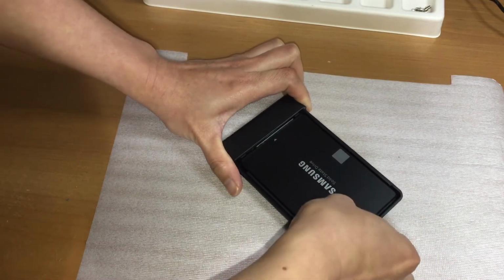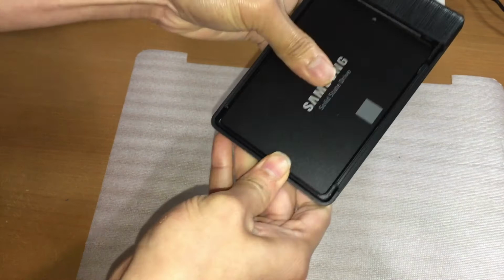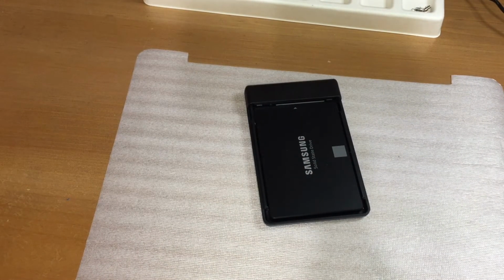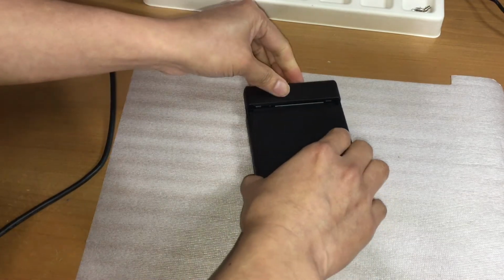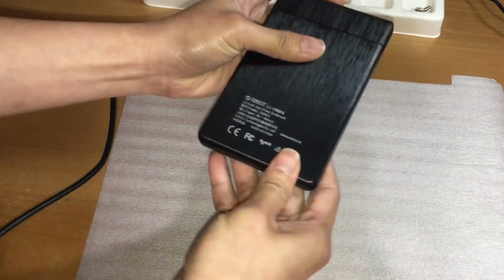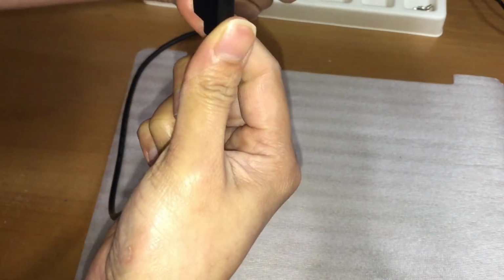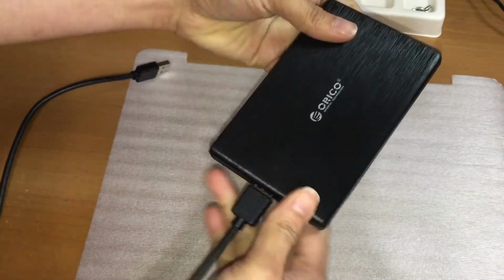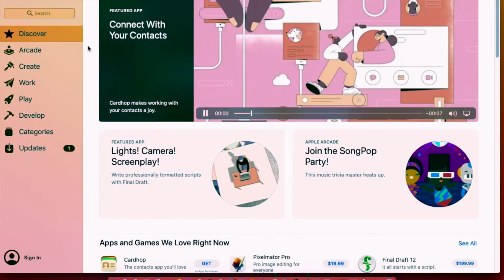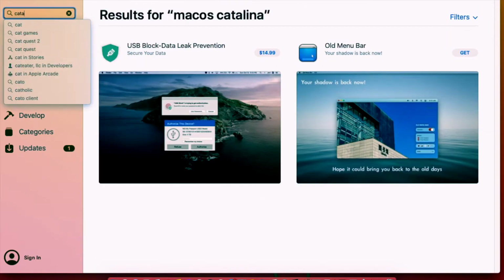So I have to use this SSD enclosure that I got online, or you can use a simple SATA to USB cable adapter. I think that would be easier. Alright, now that our 1TB SSD is ready for the files from our old drive,